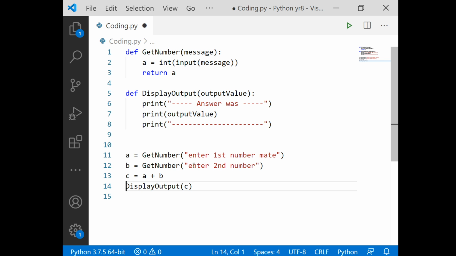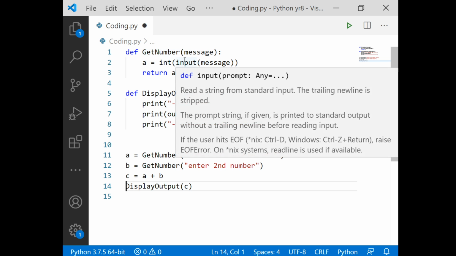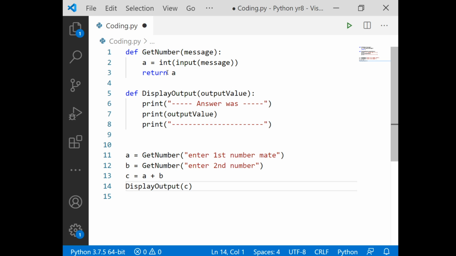So when I'm breaking down my problems, what I'm trying to do is simplify everything. And what you can see about these two things is that instead of doing multiple jobs, they do one job. This one is solely responsible for getting that input for me and turning it into a number. This one is just nicely formatting our answer. It just prints out a value for me, but it prints it out in a nice way. What that value is is up to the person who did this logic.